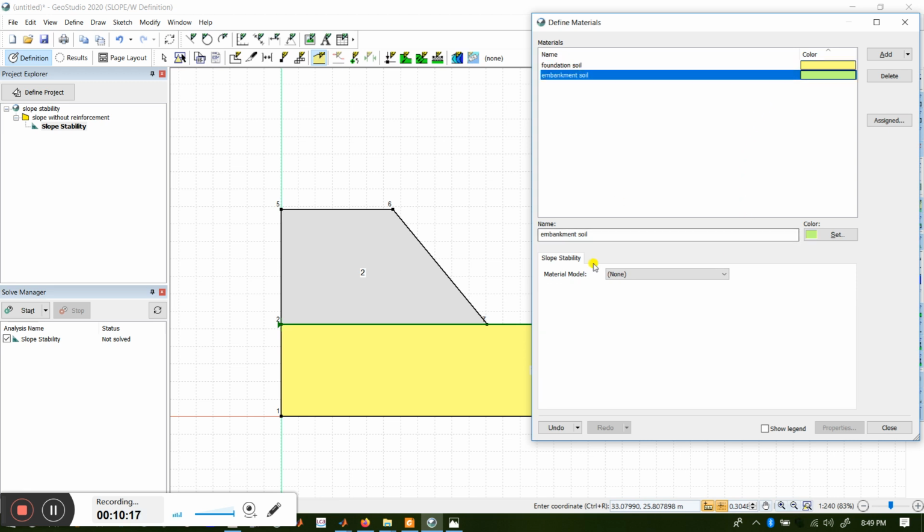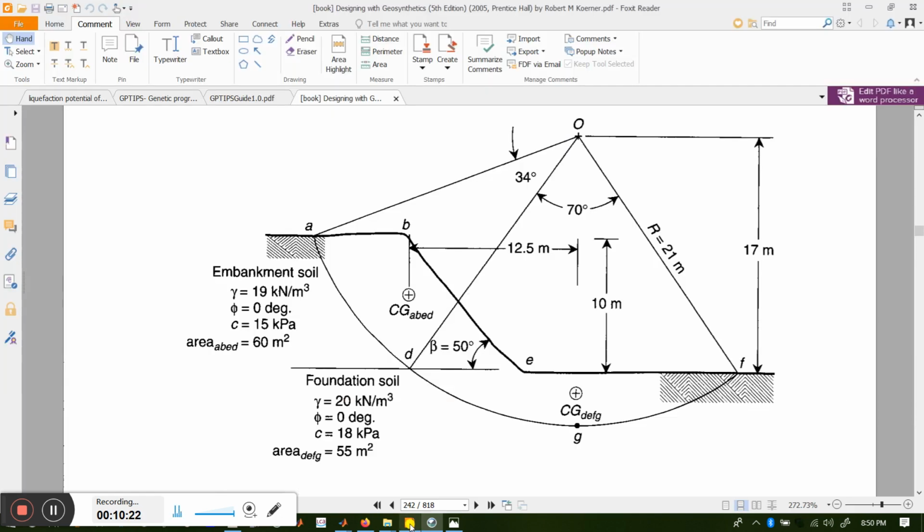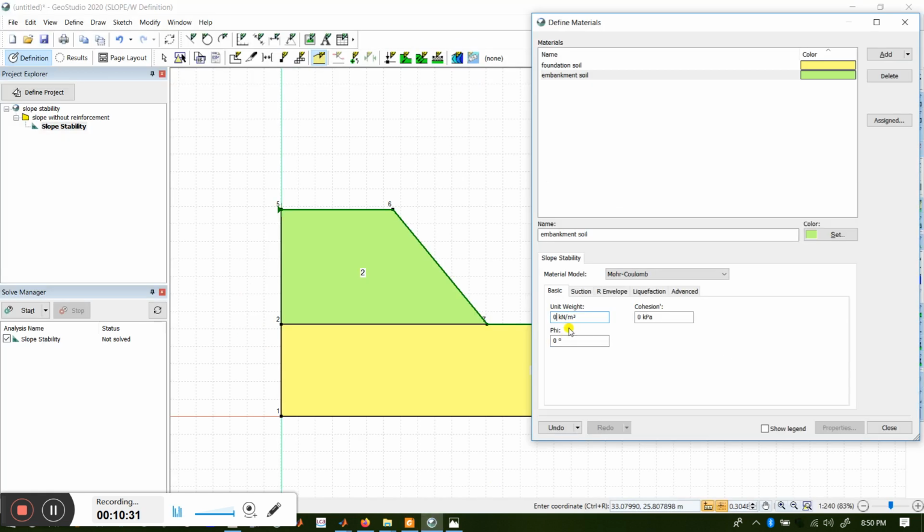And then you go to embankment soil and you add a Mohr-Coulomb model again. So what is the unit weight for embankment soil? It is unit weight 19, phi 0, cohesion 15. So you put unit weight 19, phi 0, and cohesion 15, and it is done.